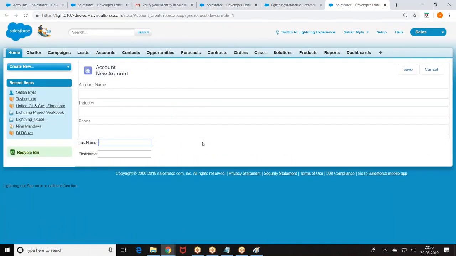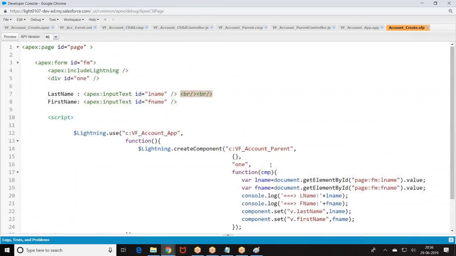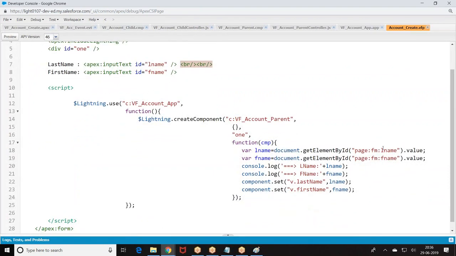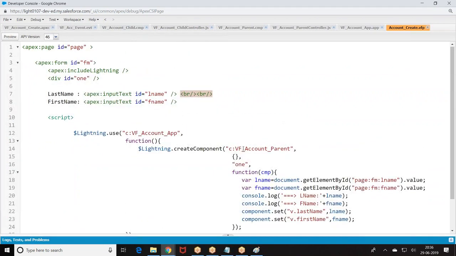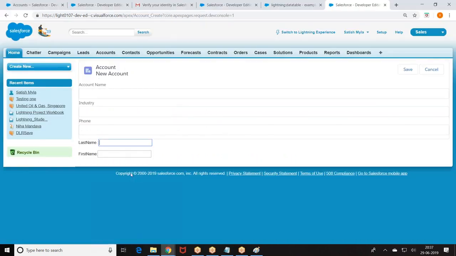Right. This is how we got the story. Now I'm giving error in callback action. What was the callback action? Page form CMP. I give component. Okay, load this. Fine, boss.